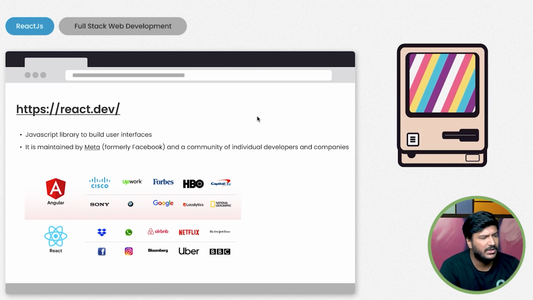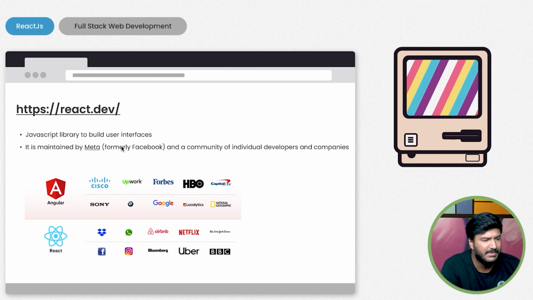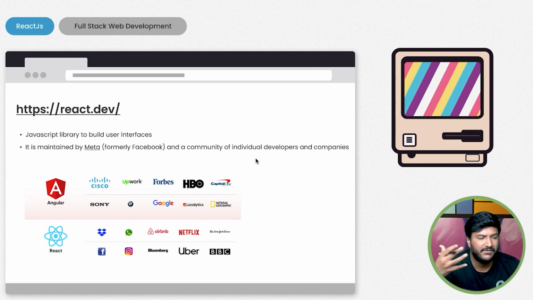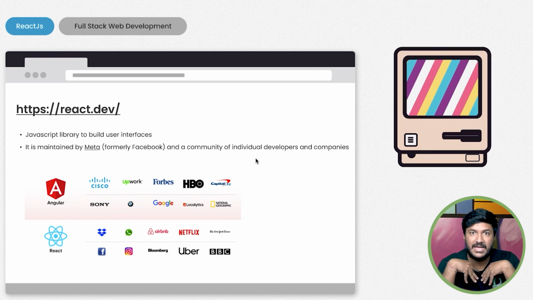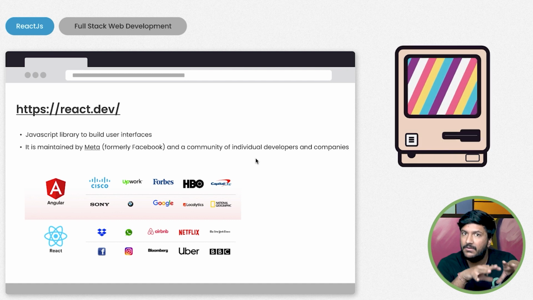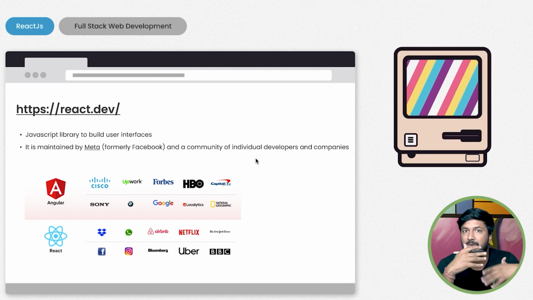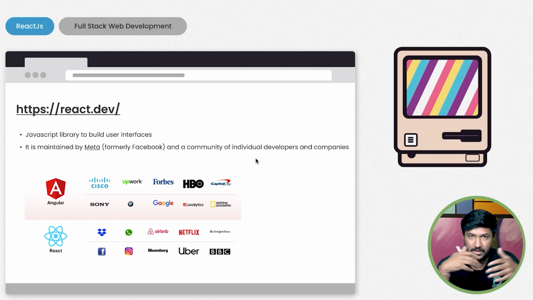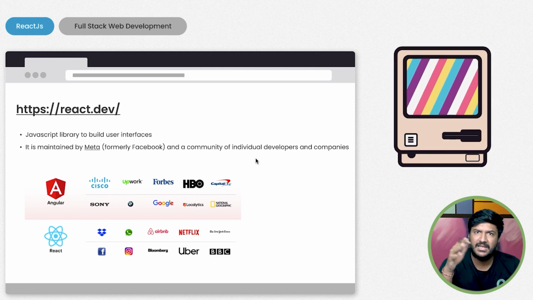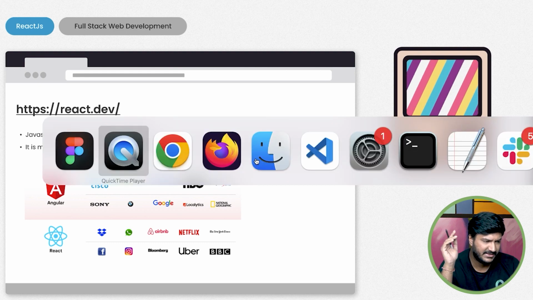But let's have a look at what React is. As I said, it is maintained by Meta, and it's a community of individual developers. It was created by Meta, but now it's open source. Meta takes care of developing it and funding it so that it's beneficial for us as a company and for the other open source community who are using React as well. But generally, it's an open source community these days.